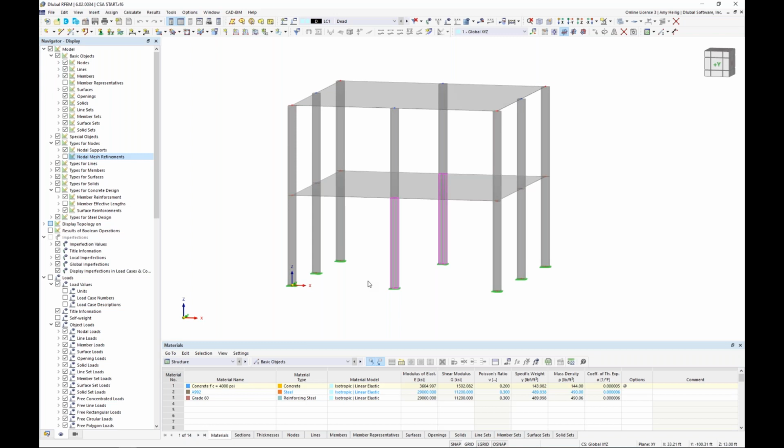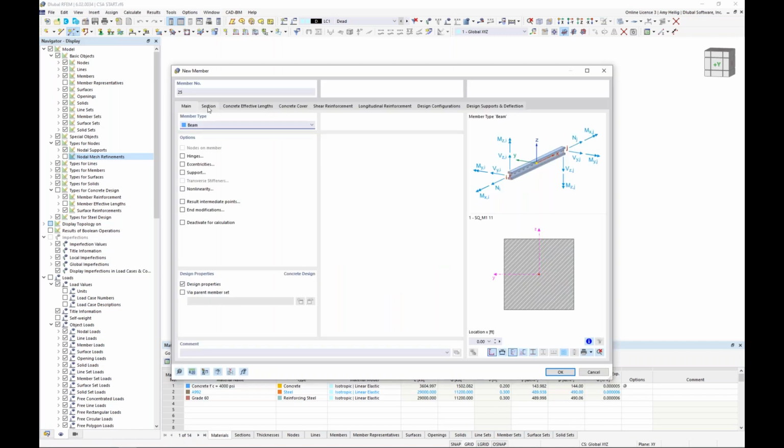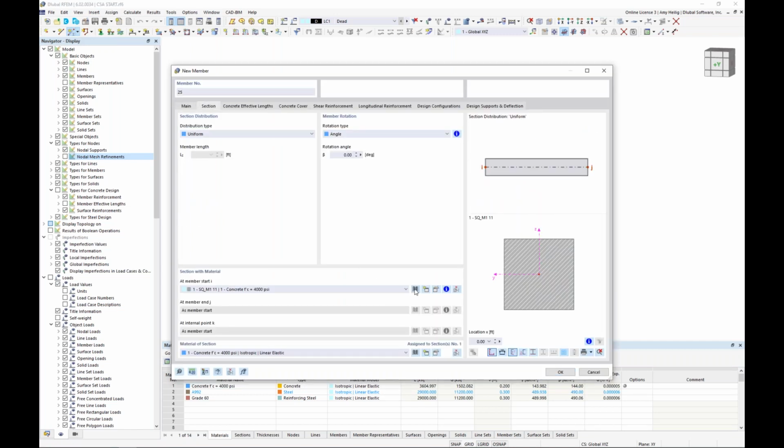So we're going to deactivate these columns and instead add in some steel members, which will just describe the workflow here of our staged analysis. So before we define any of these construction stages, we need to ensure that we have everything completely modeled in RFEM. So we will begin by drawing a new member here, and up in my quick toolbar, I can draw a new single member. Now, under the section tab, I want to define a new cross-section by visiting my cross-section